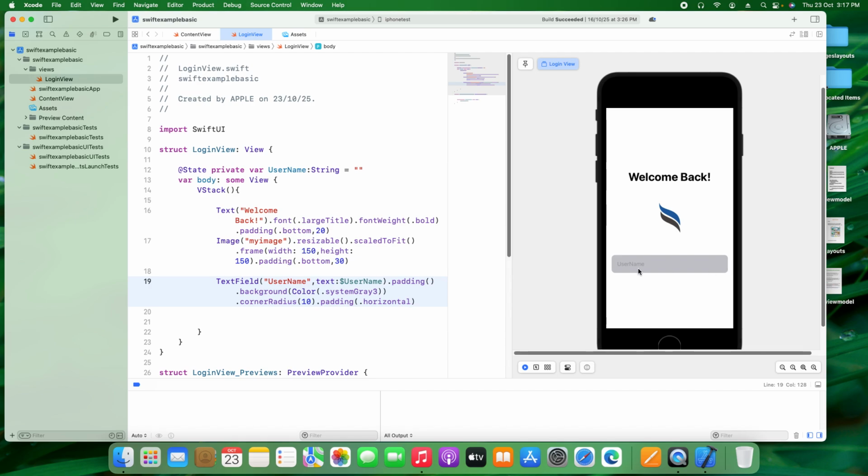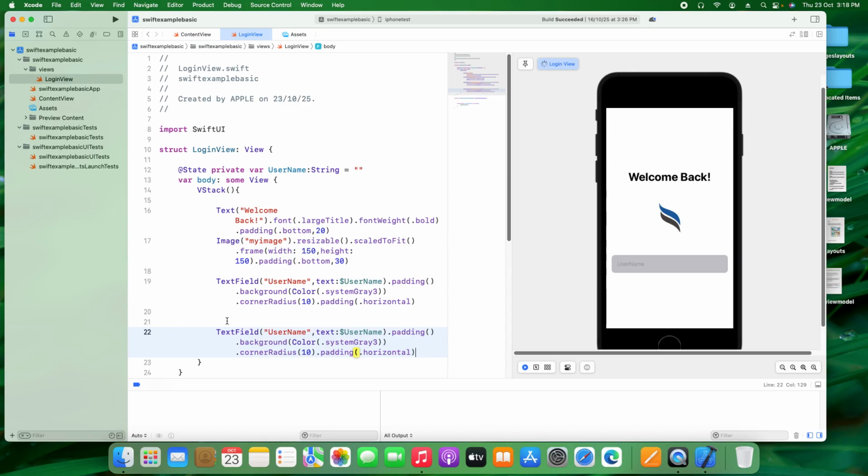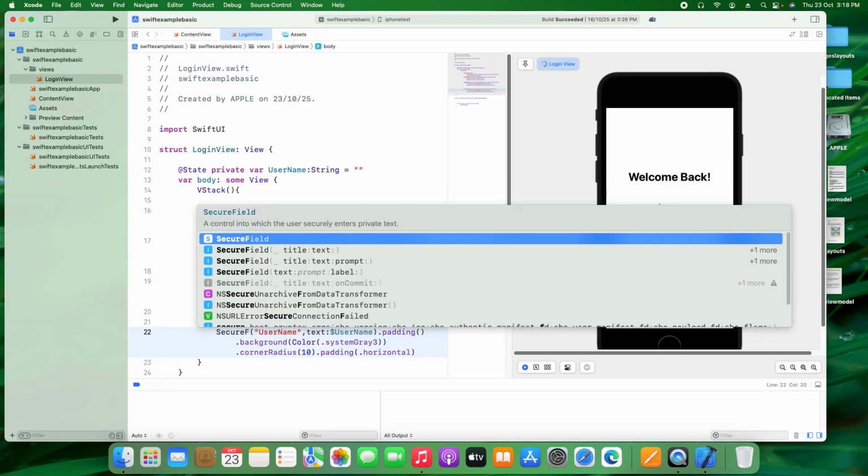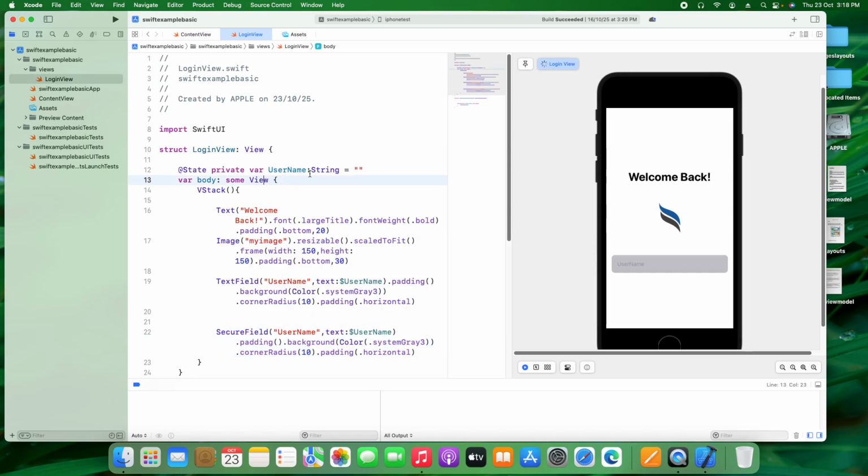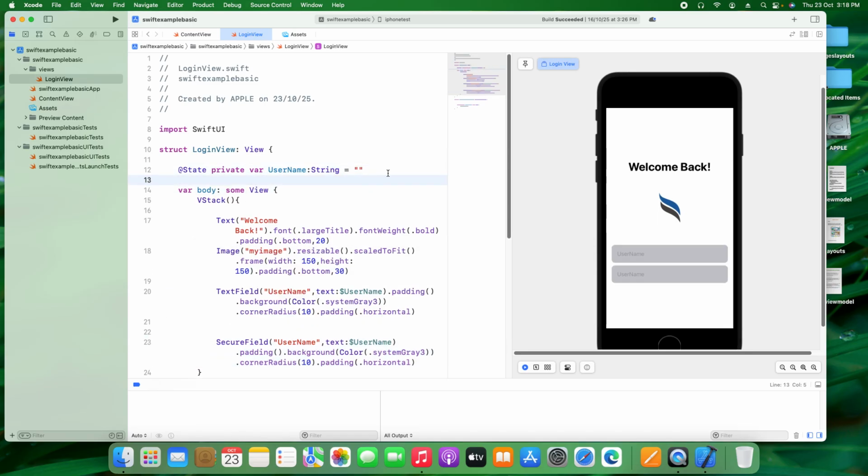So that's the way you can do it. Okay, and if you want to stop the auto capitalization, that you can do, but I don't want it at this time. So this is the way you can work here. And the same thing I need, but for the secure field, and that secure field I want one